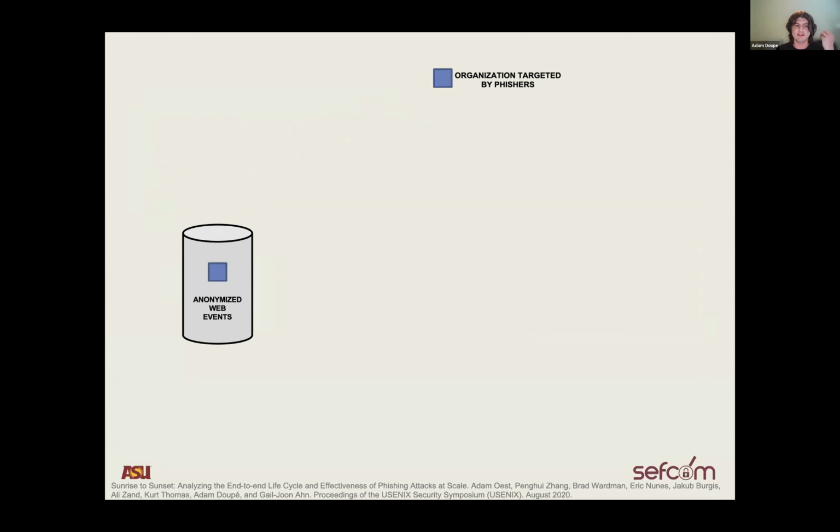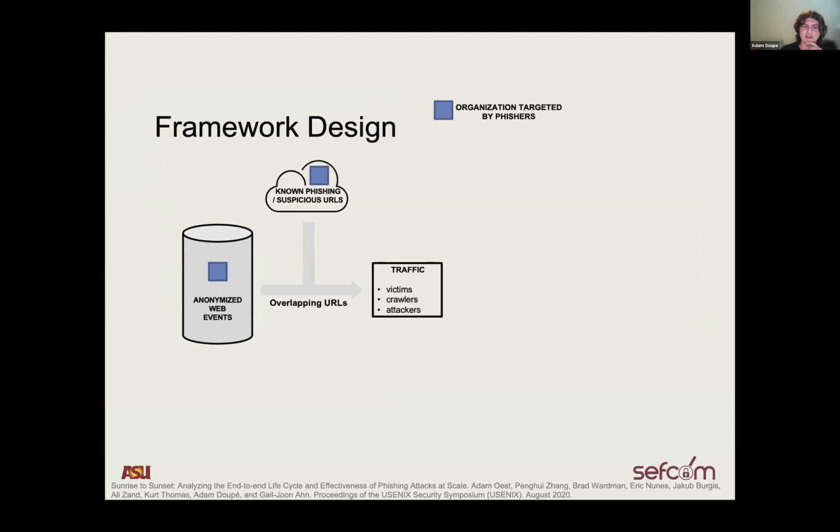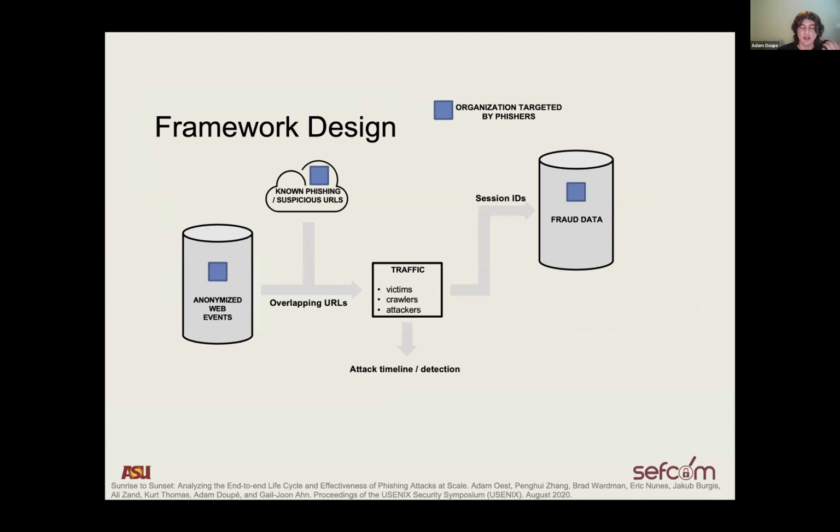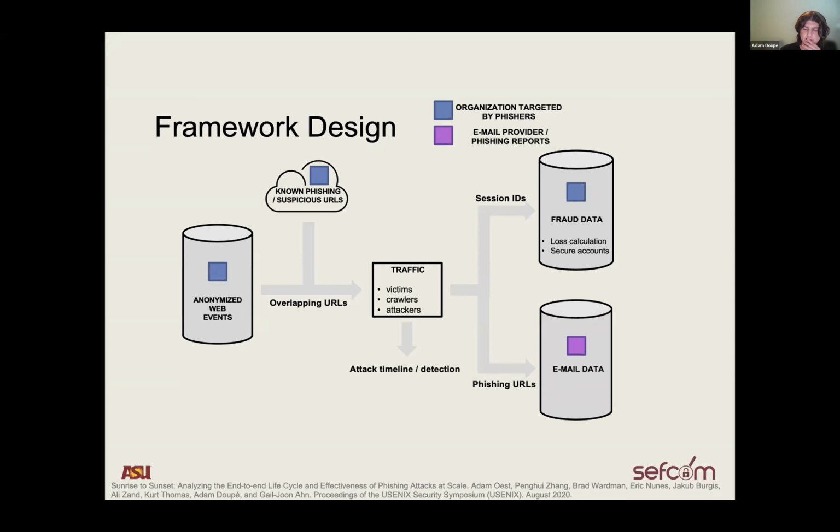And so our framework basically takes the anonymized web events, identifies known phishing or suspicious URLs, and is able to create a timeline of the attack. And then when we mixed this with the fish farm style approach of looking at the block lists, we can actually identify how effective a phishing attack is, and how it goes over time depending on when it's detected. And particularly because we get that session information, we can tie those events back